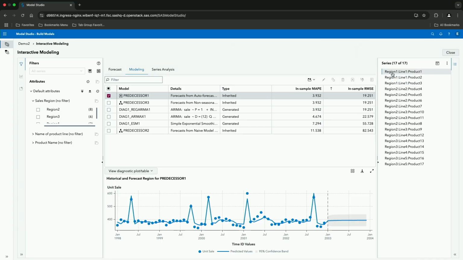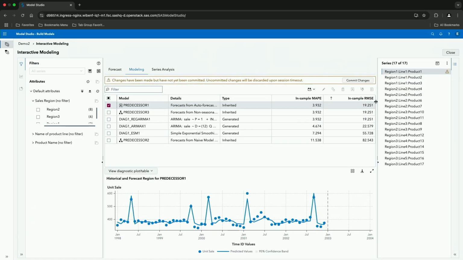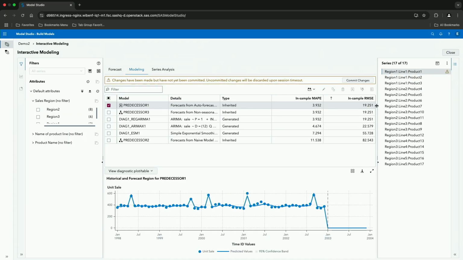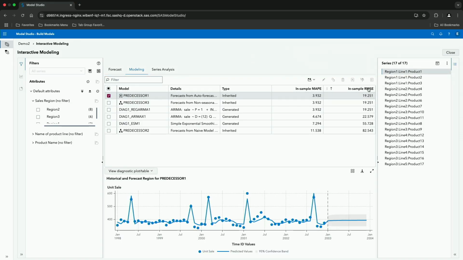Now, I'll go to the side series pane, right-click, and you'll see this new set horizon forecast value, where if you look at the plot down at the bottom, you can set the horizon forecast as missing, which will blank out all of the values, or you can set the horizon forecast values as 0, making them all 0, which, as I stated earlier, is useful if a product has been discontinued. I'm going to revert this back to statistical forecast for the sake of this demo.